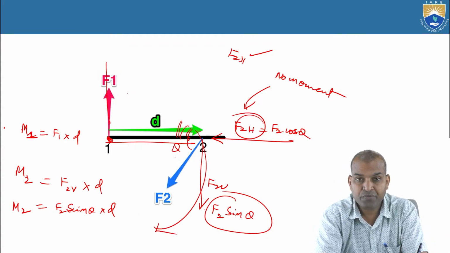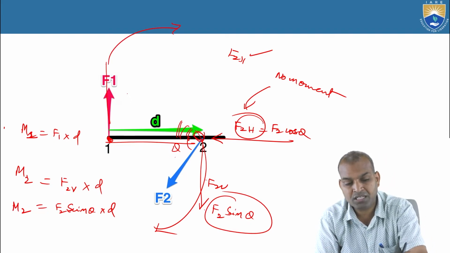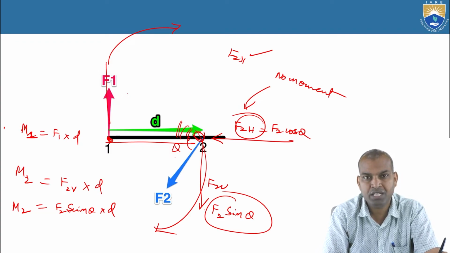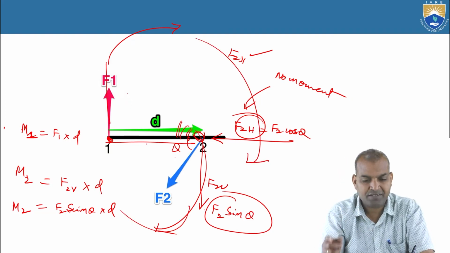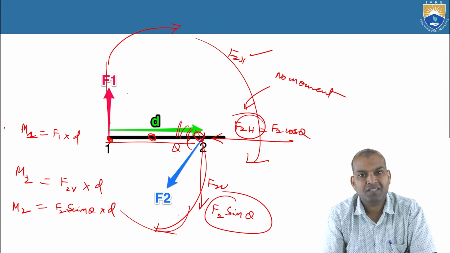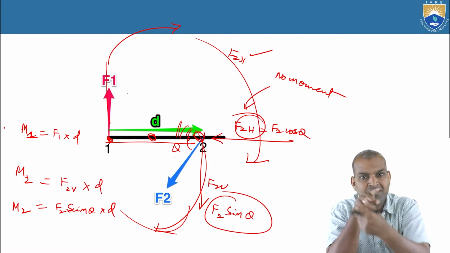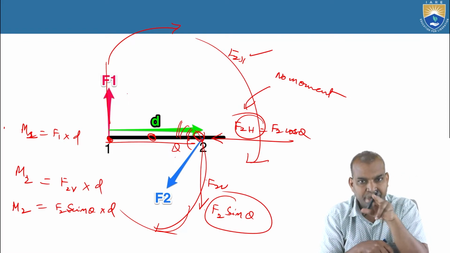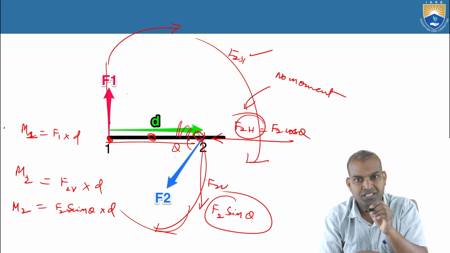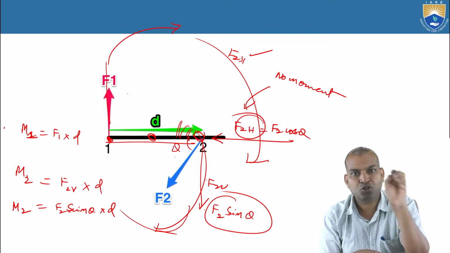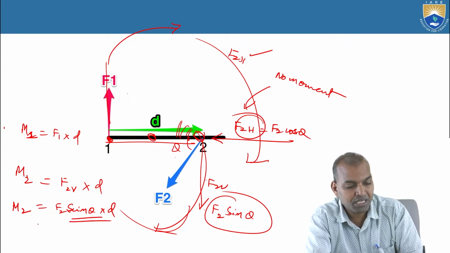Alright, then what about F1V? For this F1V, the pivot point is 2. This F1 causes the body, F1 times D, to move again clockwise. Yes, if you make it the center, it is rotating in the clockwise direction. From my side it is clockwise, but from your vision, the camera, it becomes counterclockwise. Yes, this is clockwise for your vision, so clockwise motion takes place. Alright, this is F2 sine theta times D, that is M2.